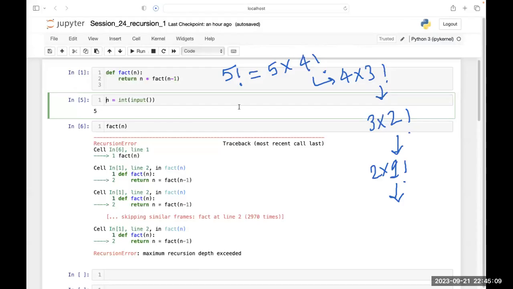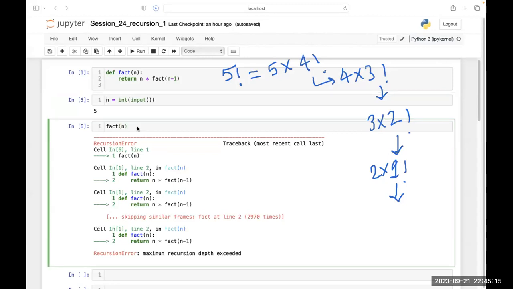So, some of you get disconnected. That's why I'm repeating it again. See, what happened when I called this function factorial, and in the place of n, I supplied 5? I'm getting this error, and this error is maximum recursion depth exceeded.